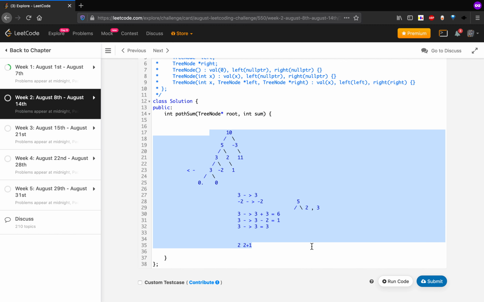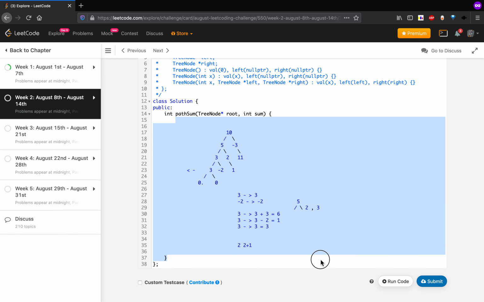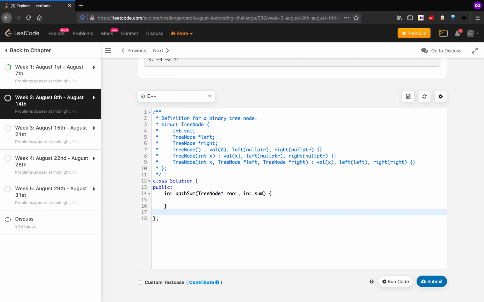So that's the approach, guys. We just have to return what a child node possibly can return, what the different sums a child node can return to its parent, and then we add both the left child and right child to its parent and recursively build up the solution. So let's make a function call which will return us a vector.